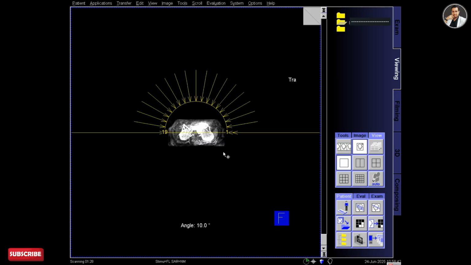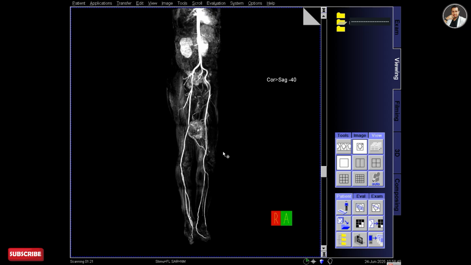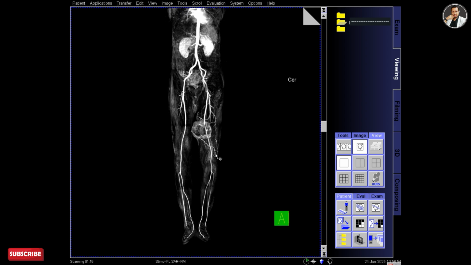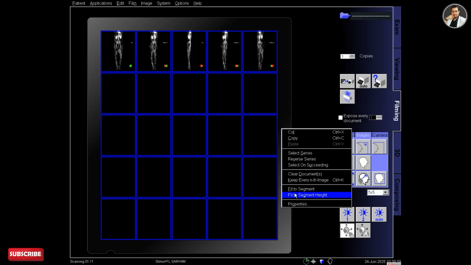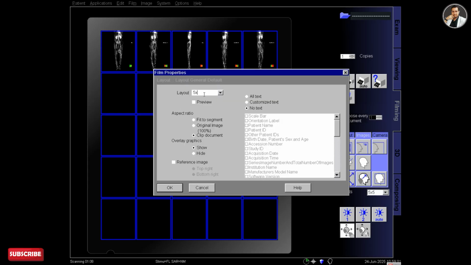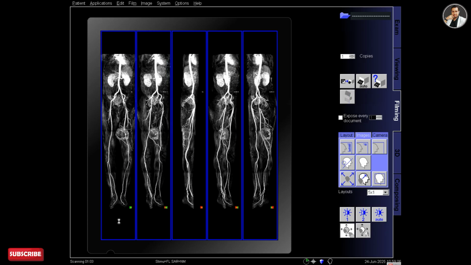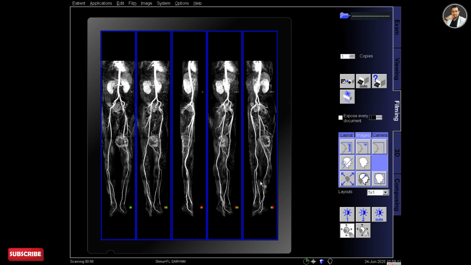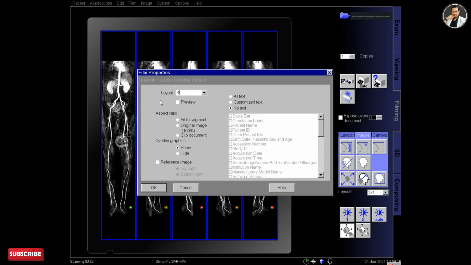I am selecting some images from this series and sending them to the filming. I am not printing all the images of this series because there will be lots of films, but I have selected some MIP images and sent them to the filming. I have selected 5 images and changed the film layout to 5:1 so that the columns are long enough to cover the whole lower limb.